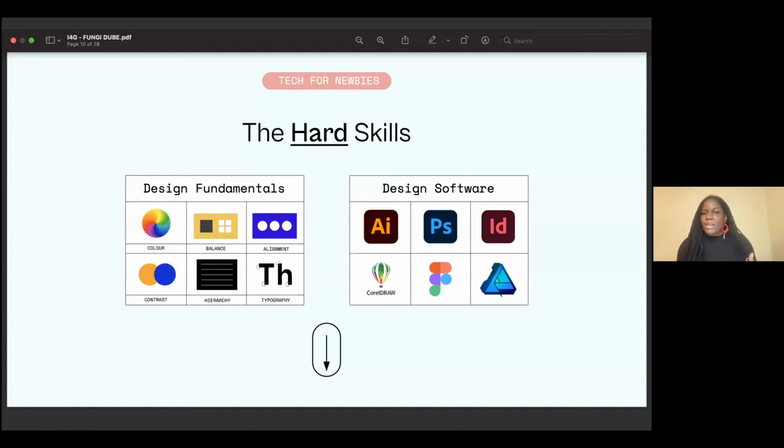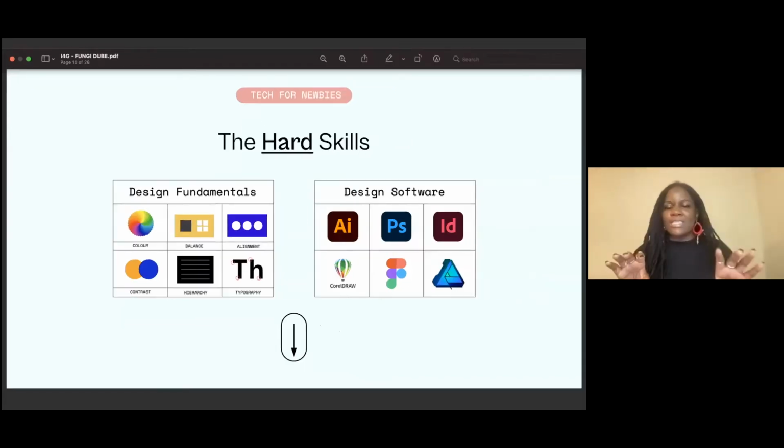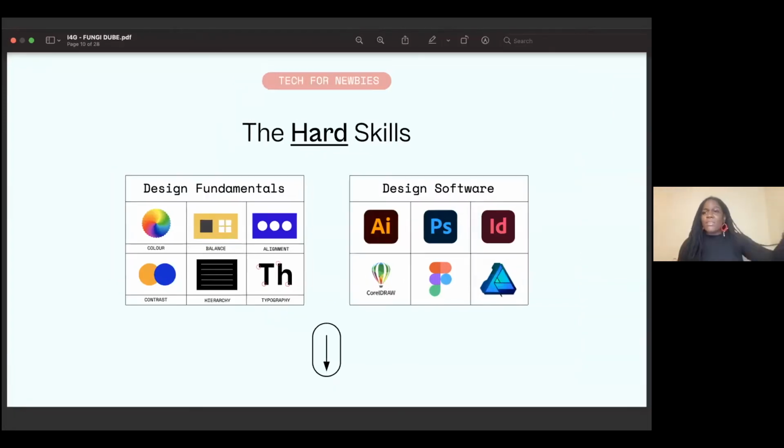We need to be able to understand balance, like how are all the different elements interacting together? How are we making use of the space, right? Because it has to be something that the eye is pleased to look at. We may not all be designers, we may be aspiring to be designers, but even people out there in the world, when they see a billboard or a poster or flyer and something looks funny, without even knowing design fundamentals, they're like, wait, hold up, that's a little bit weird, right? So this is what we're talking about.